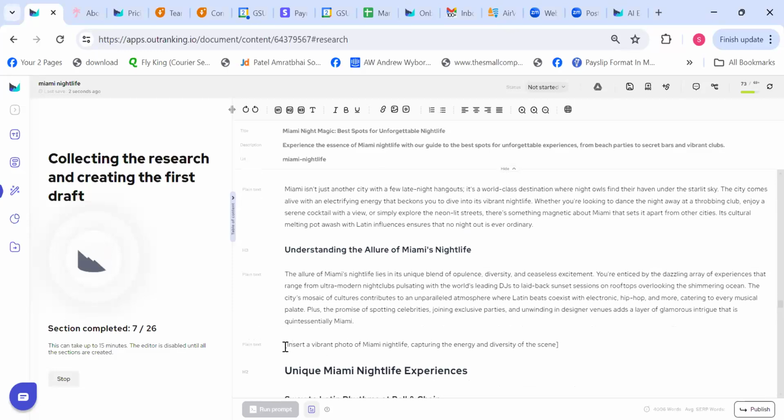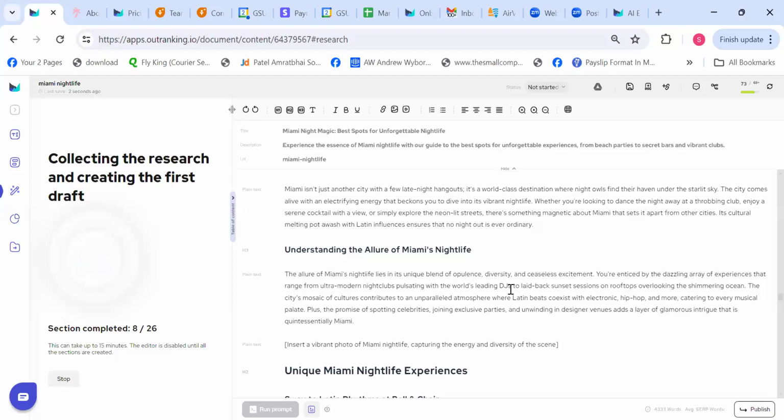Also, one important thing that I would like to tell you here is that you will see these brackets at almost every H3, and that is telling you to add sometimes images or maybe an infographic or some testimonial, which will add some additional brownie points when it comes to originality and uniqueness of content.